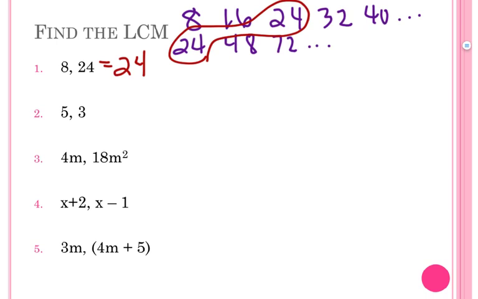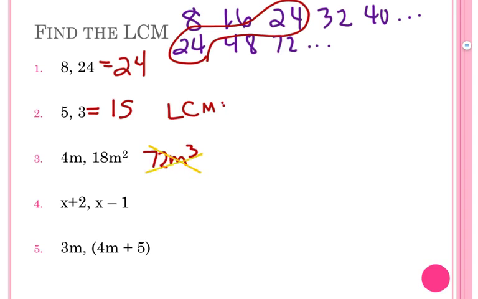The least common multiple of 5 and 3 is 15. Now you can get a common multiple by just multiplying the two numbers together. But sometimes that's not the least common multiple, so we want to make sure we get the least, because that will make it so that we don't have to simplify so much at the end. So for number 3, we could do 4 times 18, and we could get 72, and then m times m squared is m cubed, but that's not the least common multiple,